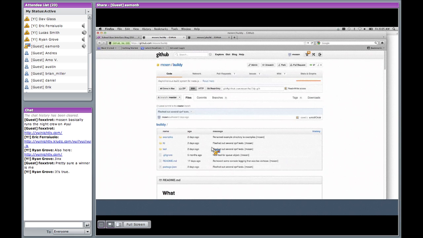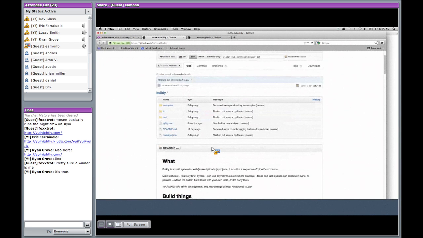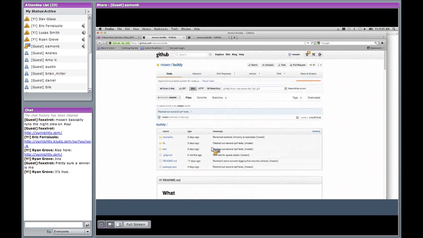Sorry, I call it YUI all the time. So with a generic build system, that's what I built Buildy for. I wanted just something that could carry out all of those tasks that Ant usually carries out, like copying, moving files, processing files, things like that.